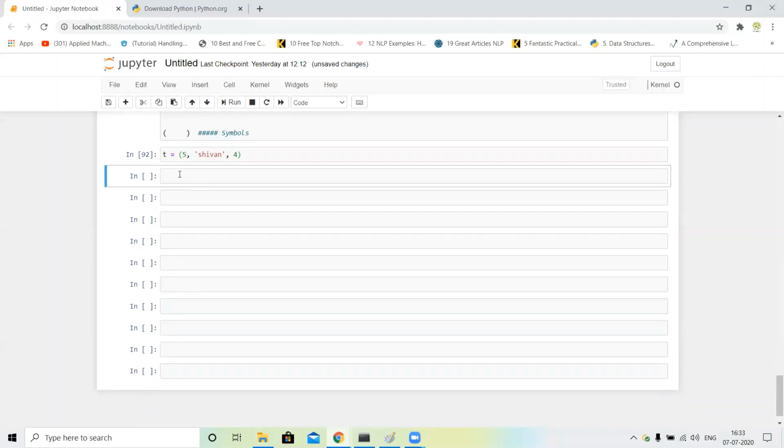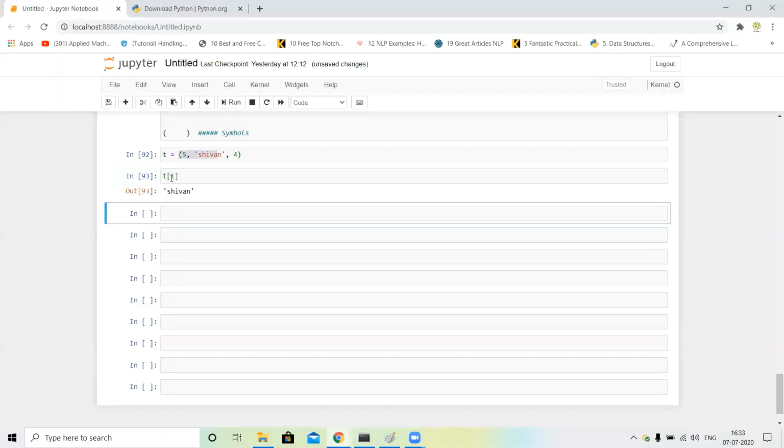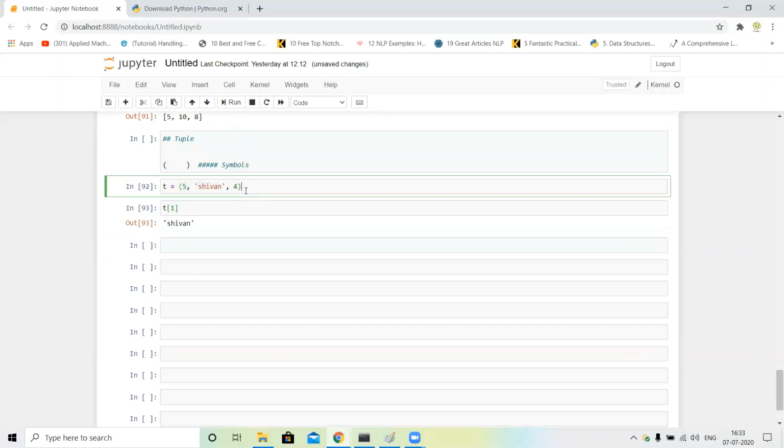First of all, how to print C1. So I just write T. This is our index 0 and this is index 1. So I just write 1 and you can see our output is C1. Next, how to slice this, like I want the output 5 and C1.